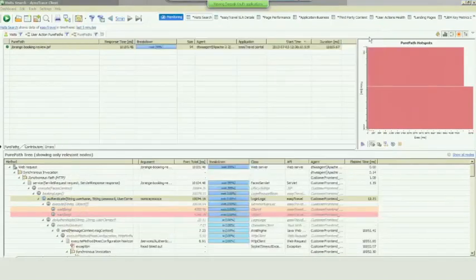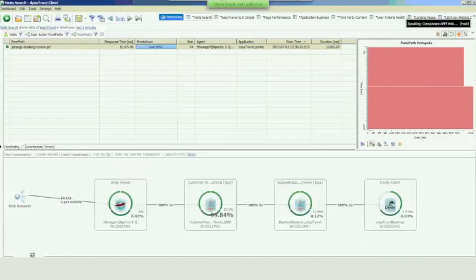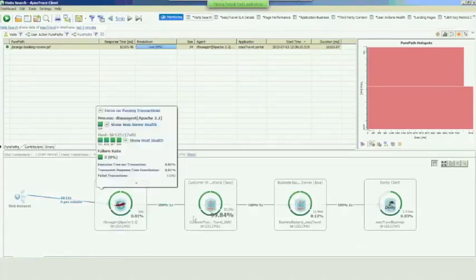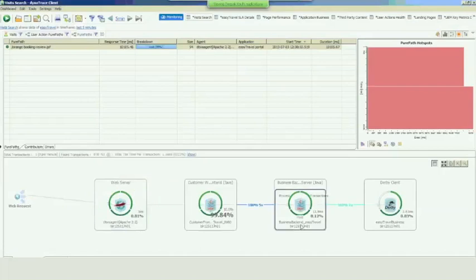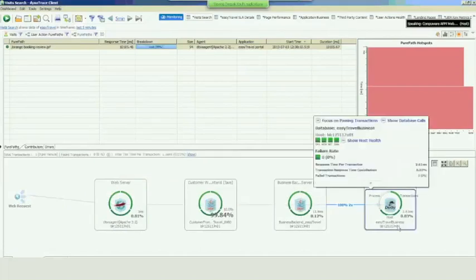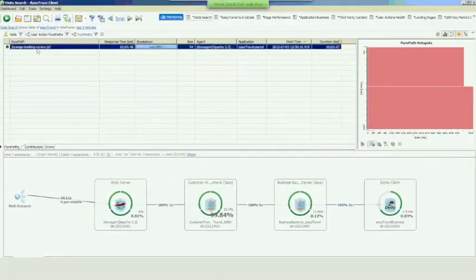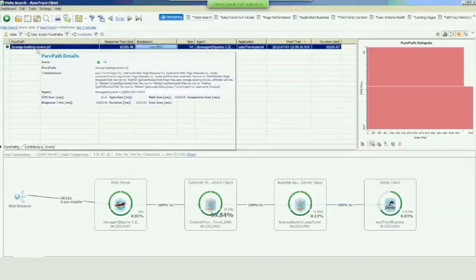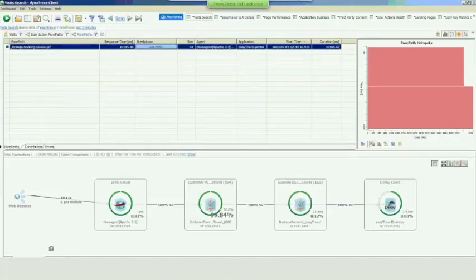Where this is also helpful is that I can look at the transaction for this user. The user came in through the web, went to the customer front end, then to the business backend, to the database. So in one flow, for this particular user, I have complete detail of how much time was spent on each tier: the front end took 99%, and the database the least.